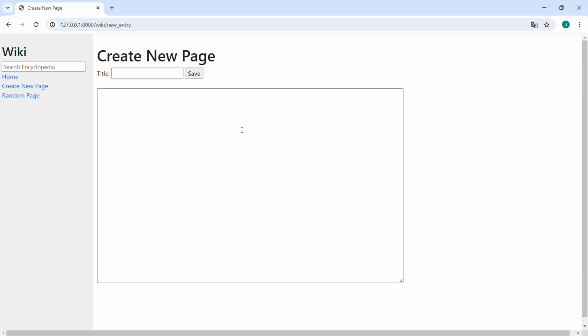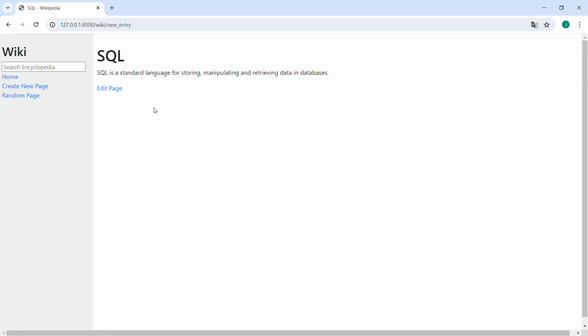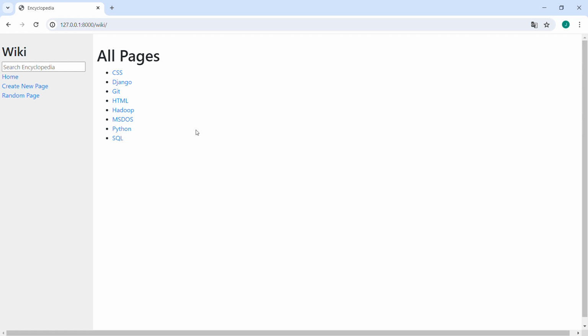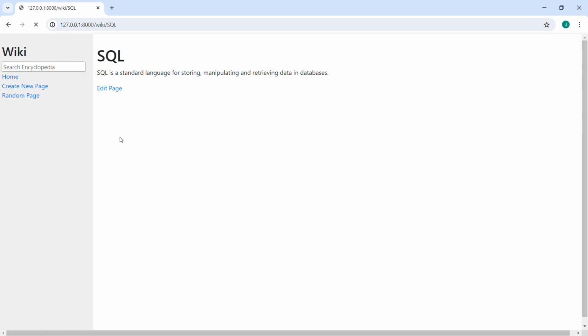You can create a new page. After saving, after doing this properly, you will be redirected to the entry page of this new page. You can of course edit